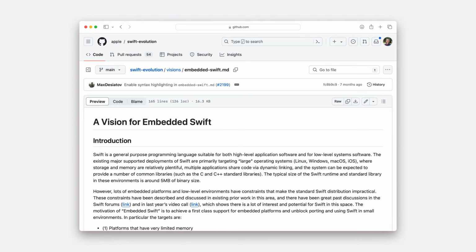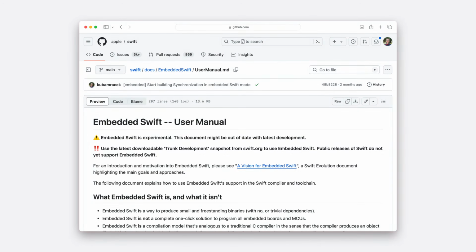There's so much more to explore about embedded Swift. As part of the Swift evolution process, a vision document for embedded Swift has been published and accepted. This document describes the high-level design, requirements, and approach of embedded Swift, and it's a great introduction into the compilation mode and the language subset. If you're trying out Embedded Swift, I recommend reading the Embedded Swift user manual. It describes how to get started, what you should and shouldn't expect, and also some details that you will likely need to know when interacting with your vendor's SDK and build system. For example, which compiler flags to use and which dependencies you will need to satisfy.